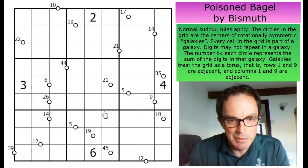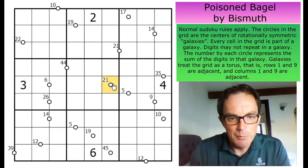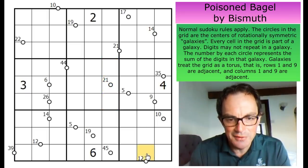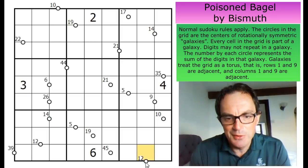What's a spiral galaxy? Well, if we're looking at this 21 cage, for example, and we decide that this cell has to be part of the galaxy connected with this circle, then we'd also have to include this cell as well, because we must ensure that this galaxy, once we've finished creating it, is rotationally symmetric around its dot. Where this is going to get seriously complicated is that we have to be able to view the fact that this cell rotated around this dot on the perimeter is that cell up there,